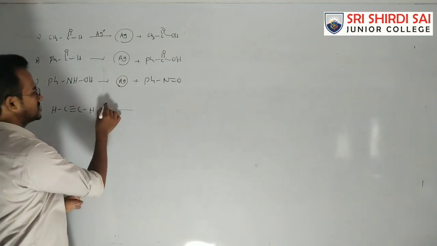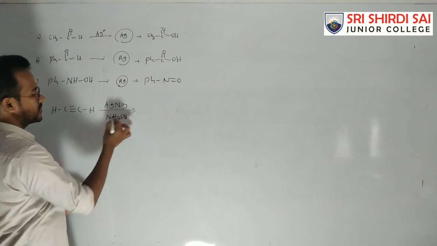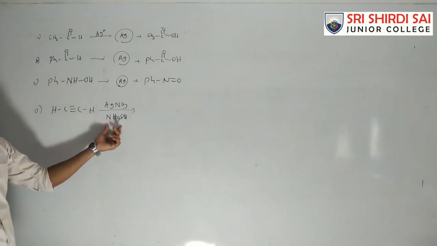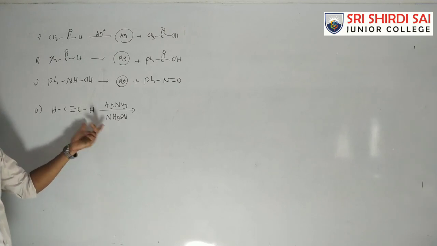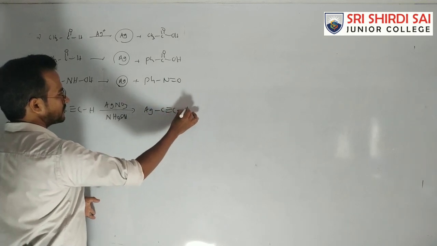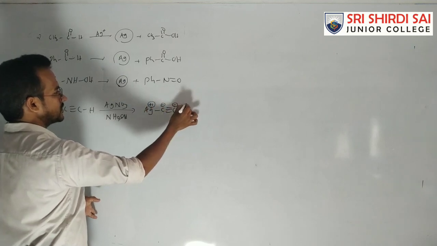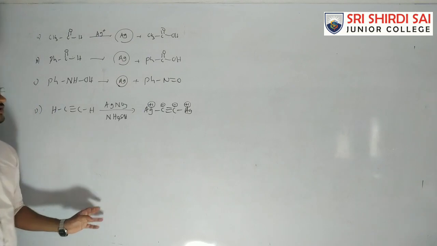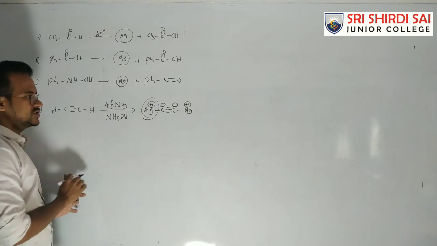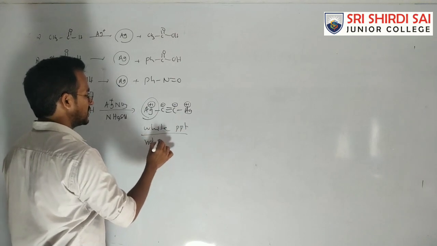Now in this case, I am treating it with ammoniacal silver nitrate solution, which is nothing but Tollens reagent. We already discussed this in the properties of the alkynes. In this case it is converted to silver acetylide, with minus on carbon and plus 1 on each silver. So Ag plus remains in the plus 1 oxidation state. It is a white precipitate, not a mirror.